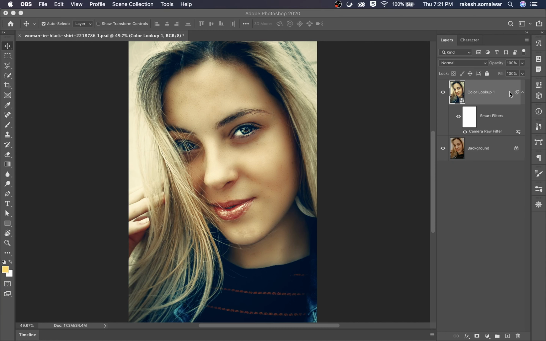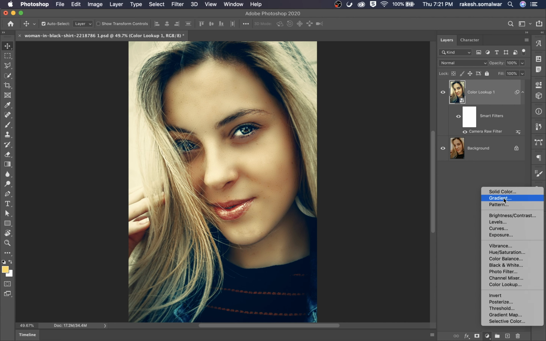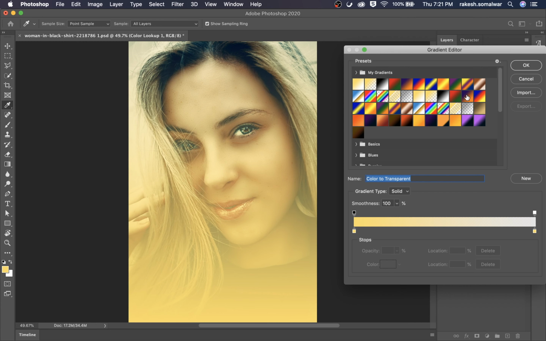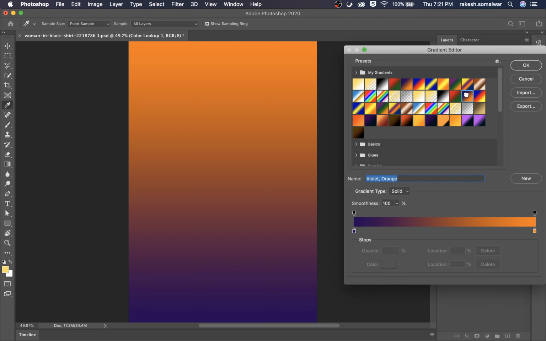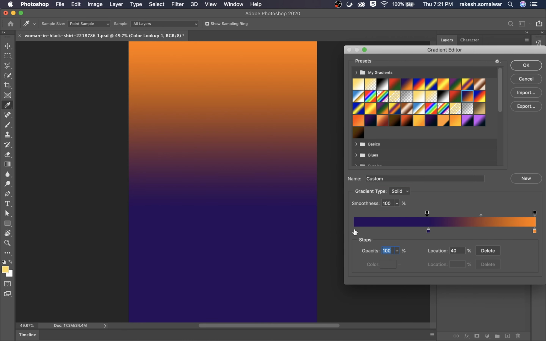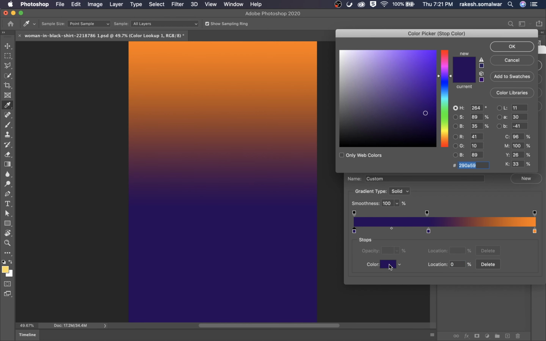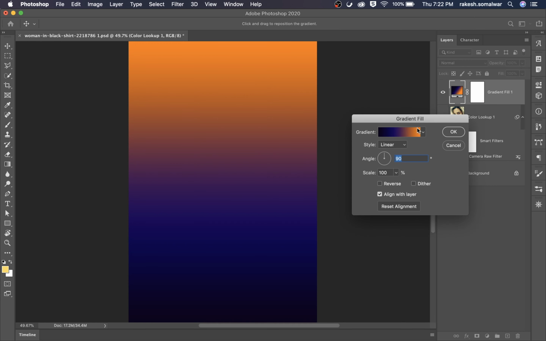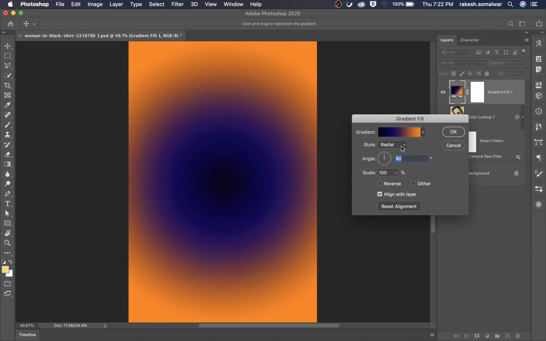So I just take a new adjustment layer with gradient and go to gradients, select violet orange, violet a little more, and I add a black color because I want that area to be hidden. Radial and inverse, and after that apply this effect.